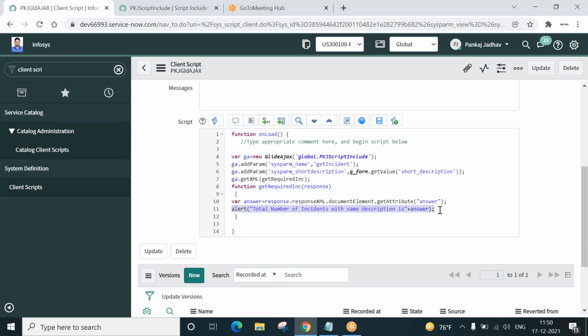Correct. And in our scenario, it is on load. It can be on change, anything. On change, you have to give a call to the server side to check if a certain thing exists in the system or not. It will return true, false, or some result, or anything. Correct. Now let's try to execute this so that you understand it more.